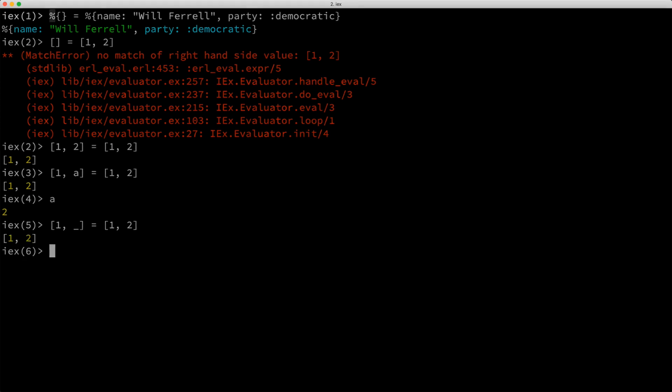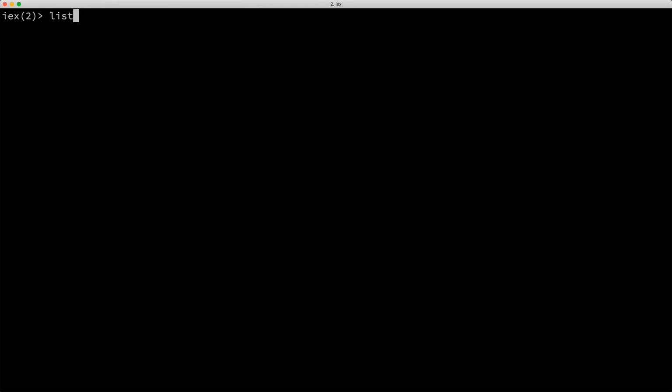Let's look at another scenario. Consider this list, which contains more elements than the last example. Now, let's say all we care about in this scenario is accessing the first element of the list. So the question is, how can we grab the first element of the list and just ignore the rest of the list? Here's a hint.